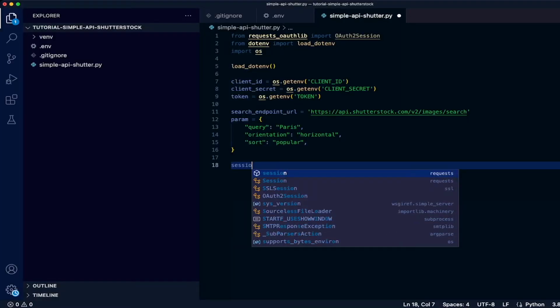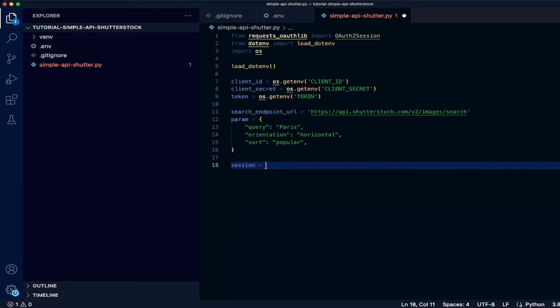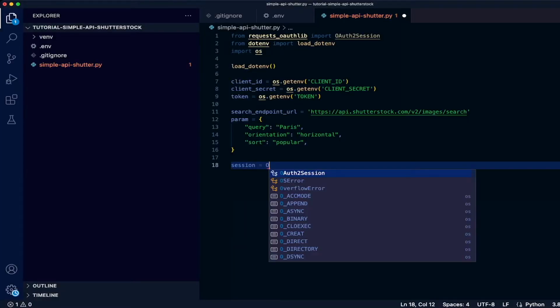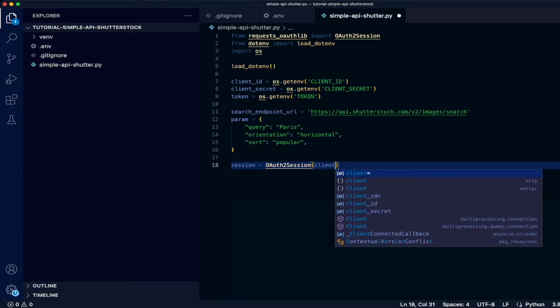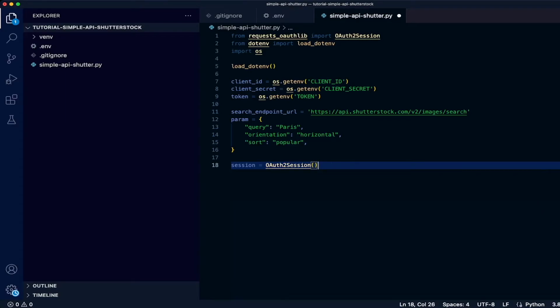We have to get that session object going. So let's create a variable called session, and then call the OAuth2 session constructor. We don't need any of these for the token, but I'm going to put them in there anyway. Actually, you know what? No, I'm going to show you how it works without passing anything. So, great. We created an OAuth2 session object, but we need to find a way to put the token